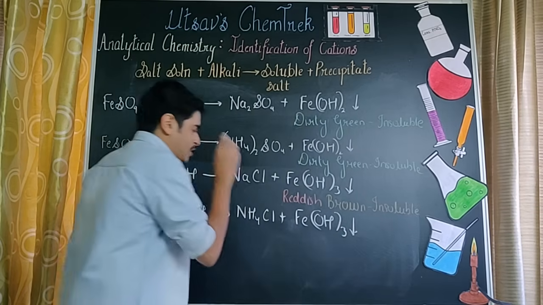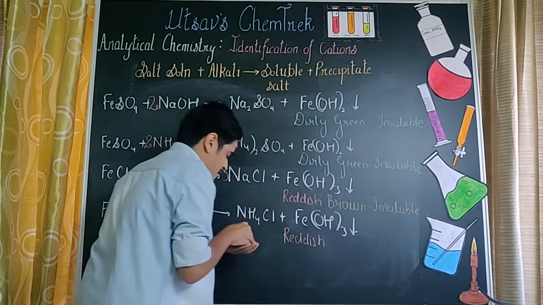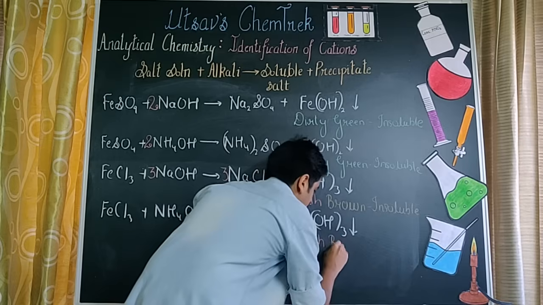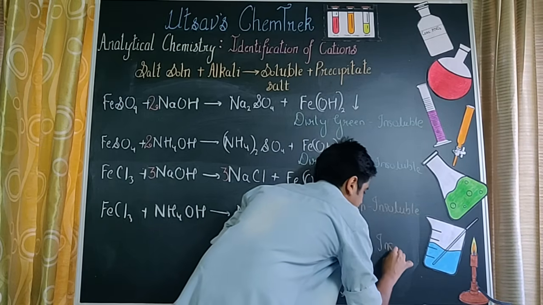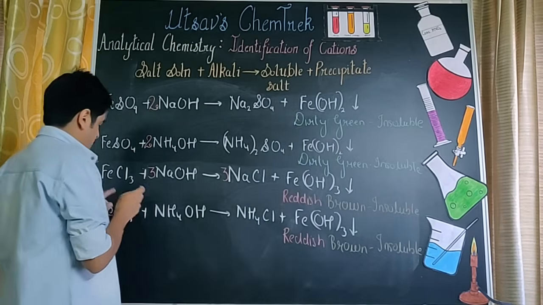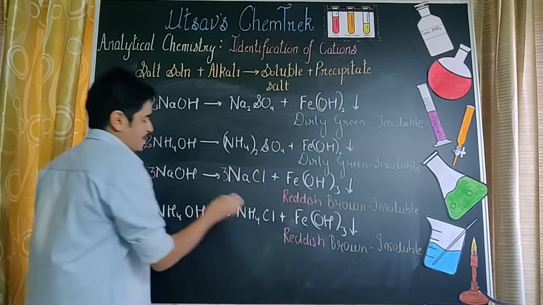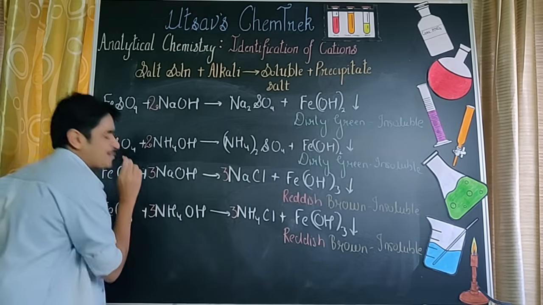Precipitate है, कलर भी चेंज नहीं होता. Let's write down again, reddish, and yes, guessed it right, followed by brown. Dissolve होगा क्या? बिल्कुल नहीं, तो मुझे मिलेगा insoluble precipitate. फटाफट इस इक्वेशन को बैलेंस करते हैं. Let's see, we have 3Cl here, यहाँ पे सिर्फ एक है, तो यहाँ पे 3NH4, उसको बैलेंस करने के लिए we have 3 of NH4 over here.